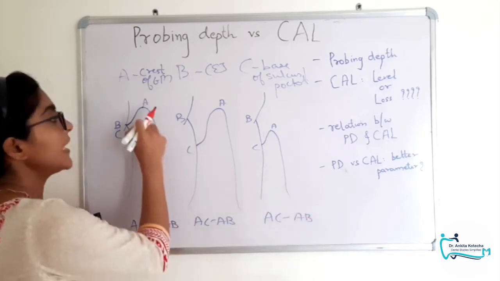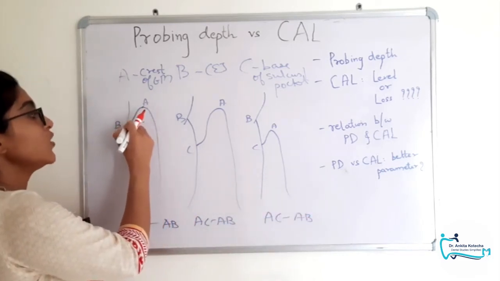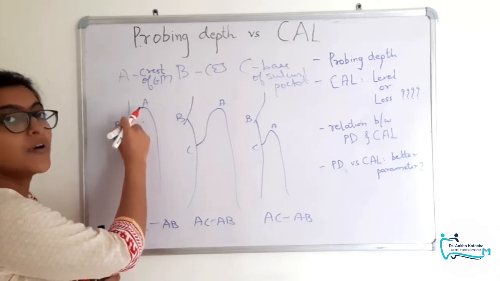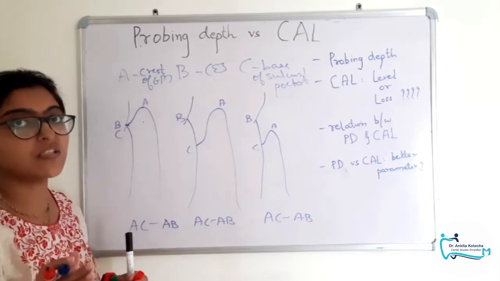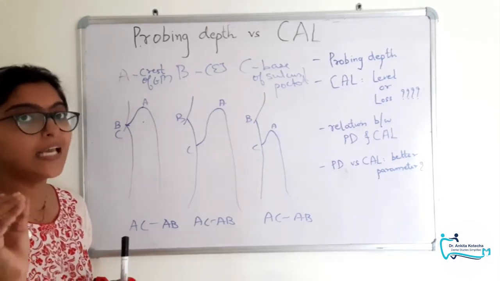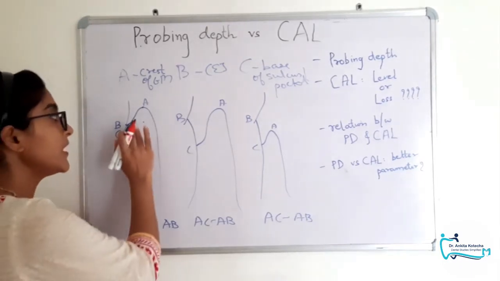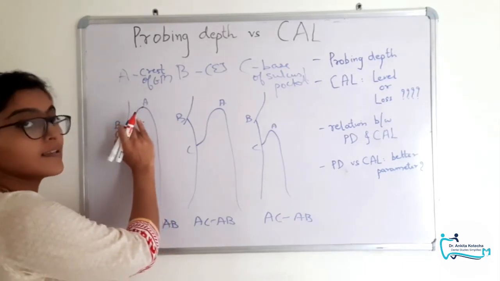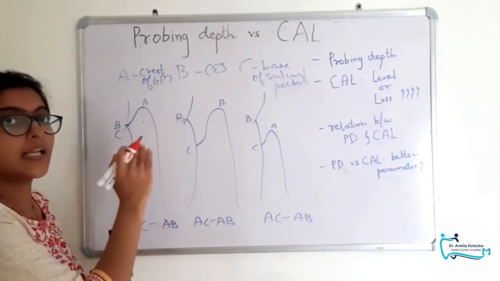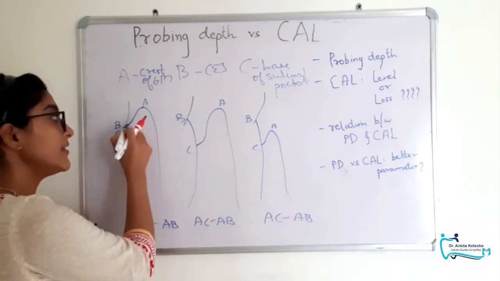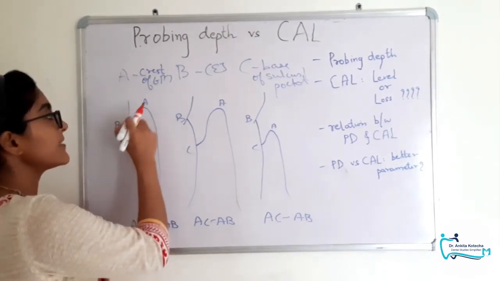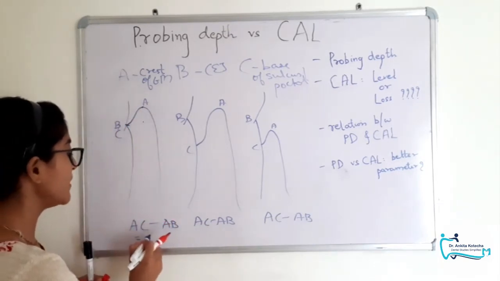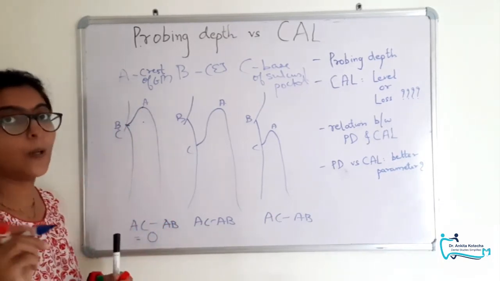Okay. In a healthy gingiva, the base of the sulcus is at or above the CEJ. The normal position is 1 mm above the CEJ. That is, the CEJ is not visible in the healthy state. That is why we assume the base of the sulcus is at or above the CEJ. Let's say it is at the CEJ. So in that case, B is equal to C, and so the distances AC and AB are the same. And so here CAL is 0.